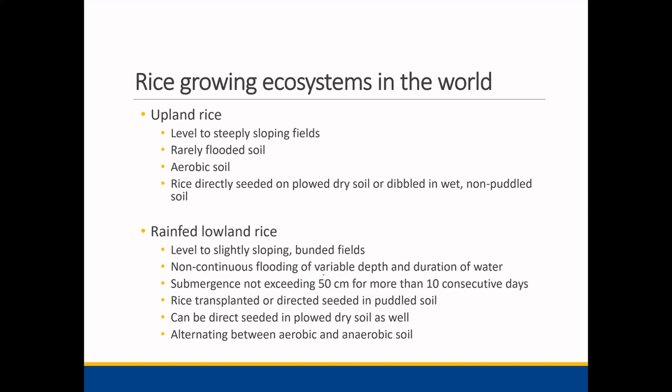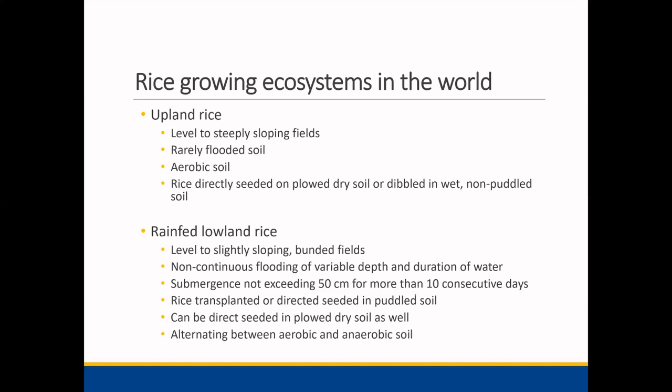Of variable depth and duration of water. Submergence will not exceed about 50 centimeters, so it's around 0.5 meter. You can imagine that submergence means the flood level, the water level you have in the field. That will not exceed around 50 centimeters for more than 10 consecutive days. Such a system we categorize under this